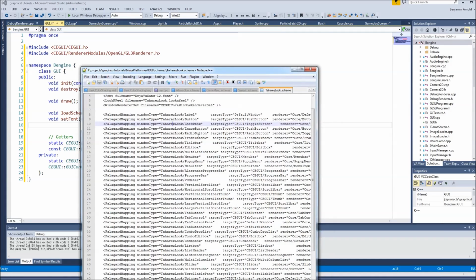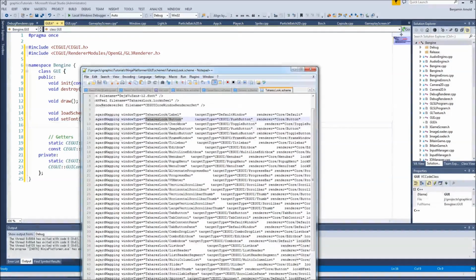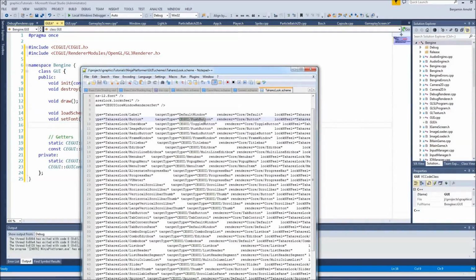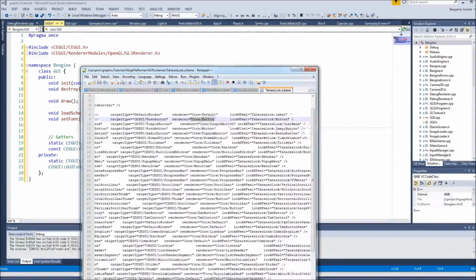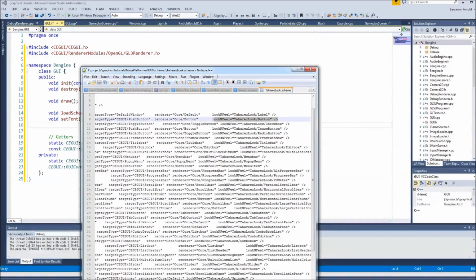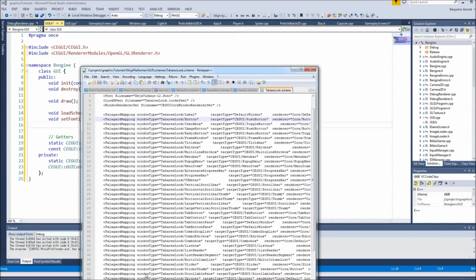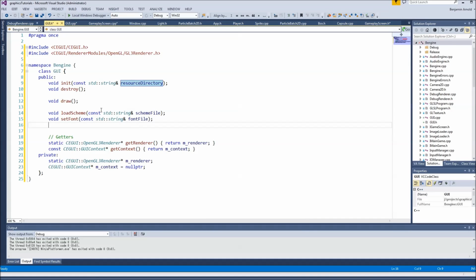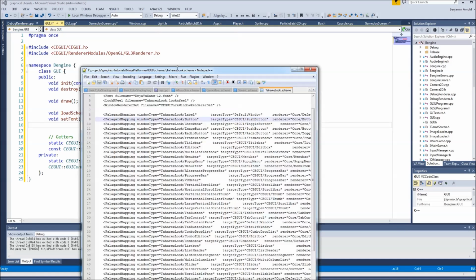Here's our TaharezLook.scheme. If we create one using the TaharezLook/Button, it's going to use a push button type. You can see it says CEGUI/PushButton. So whenever we return the window for that, we're going to cast it to a push button. We're going to use that static cast to turn it into a push button. And you can also see what renderer it's going to use. It's going to use the button renderer. You can see what look and feel it's going to use and all that. So you can come in here and screw with all this if you want to change how things work. Alright, so what we're going to do is we're going to write a function that actually returns one of those